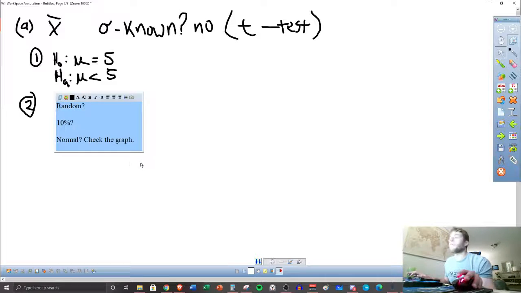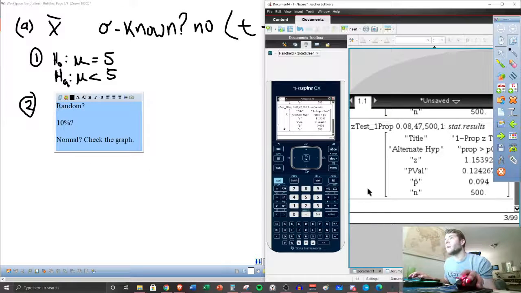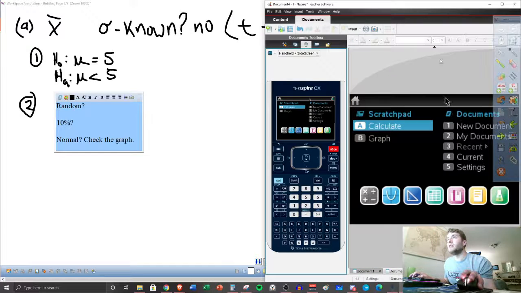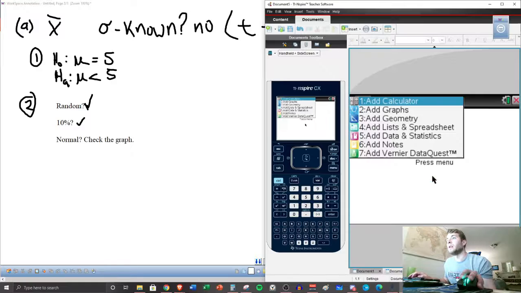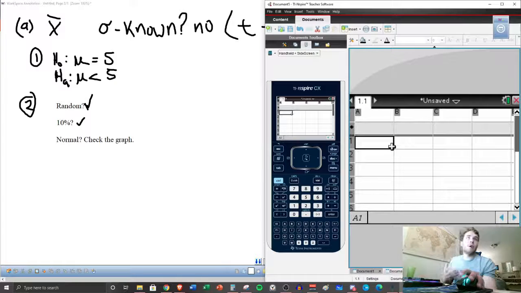Okay, so we want to check the graph. That's what we want to do. Go ahead and make a new document in your calculator for me. So new document, no. And let's go ahead and type all of this data in. We were going to have to do this anyway to find the mean that we needed. So let's make this, I'm just going to call this X, and we're going to go ahead and type in